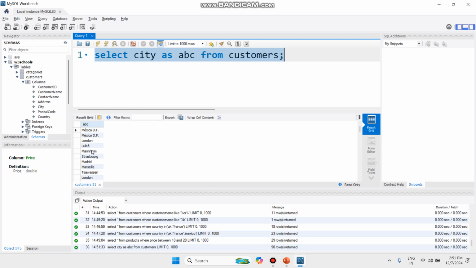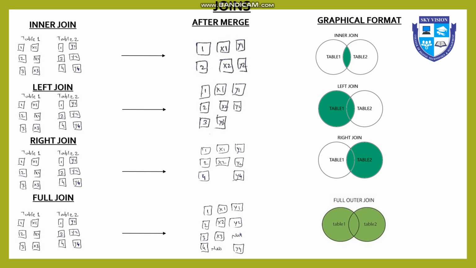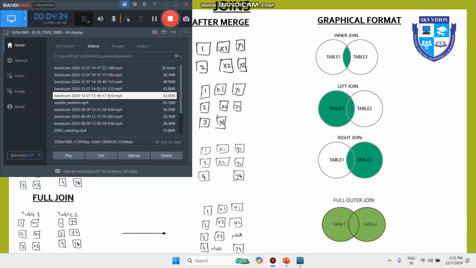Are you getting? Means I have the data as it is, but the thing is I changed the name. You can see data as it is. Just I changed my column name temporarily only. Temporary only. Nickname. We can say nickname also, temporary. But when we refresh, it will no longer be there. Okay. So like that, that is called aliases. Okay. After that, it's coming to your joins. Okay. Before that,